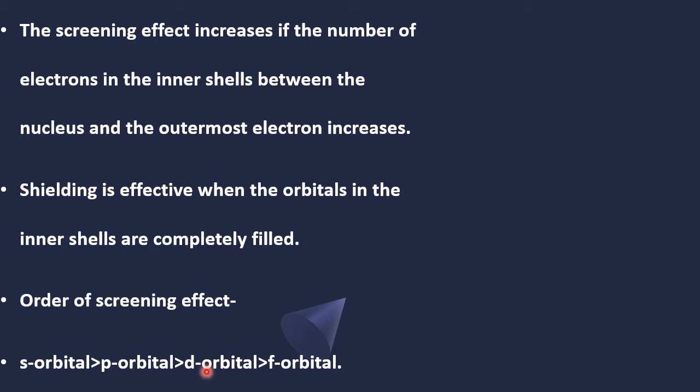That time you can remove it. It is very difficult when they can't cover properly, because then the nucleus will drag the outermost electron. That time it is very difficult to remove the electron. You have to supply more energy, which means IE is more. So if an f orbital is there before the valence electron, it is very difficult to remove the electron, then d, then p, and then s. It is exclusively because of the shapes of these orbitals.